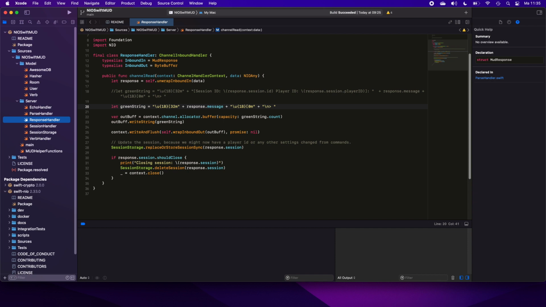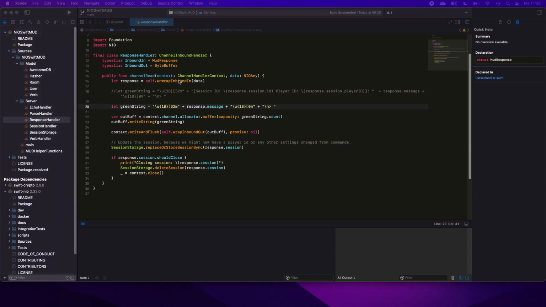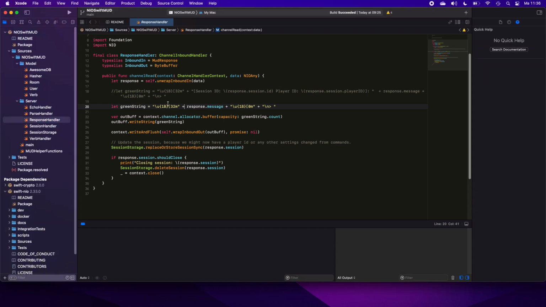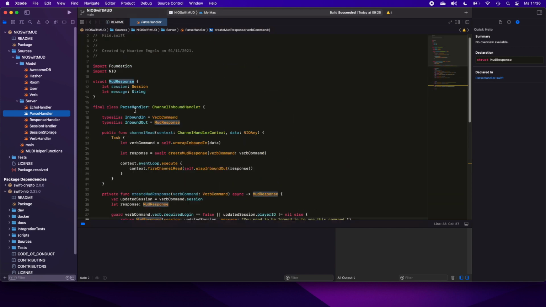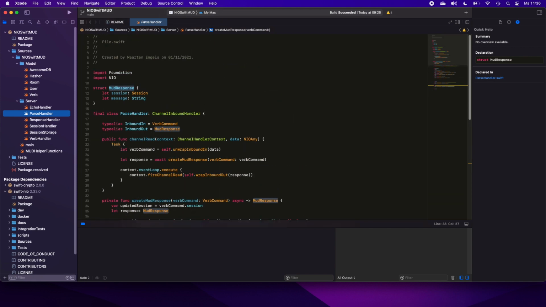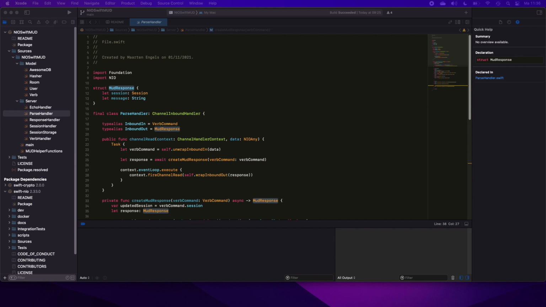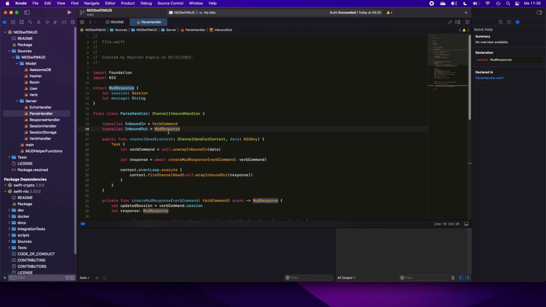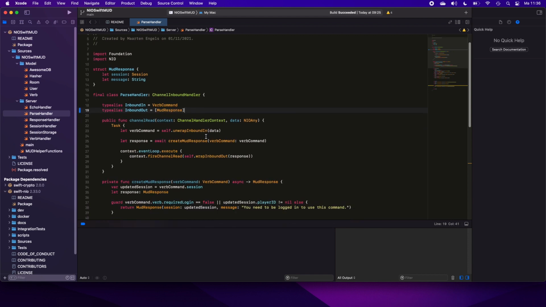And the easiest way of doing that is, instead of having a single MUD response as an outgoing message and an incoming message, we'll use an array. So let's take our parse handler, which now has a single MUD response as an outbound message. What we'll do is send out an array of messages,